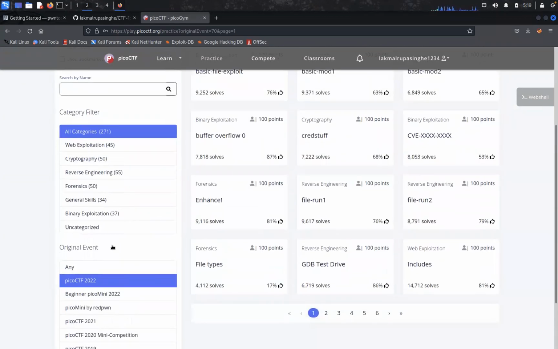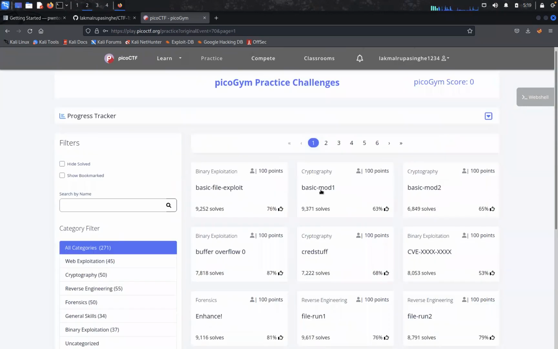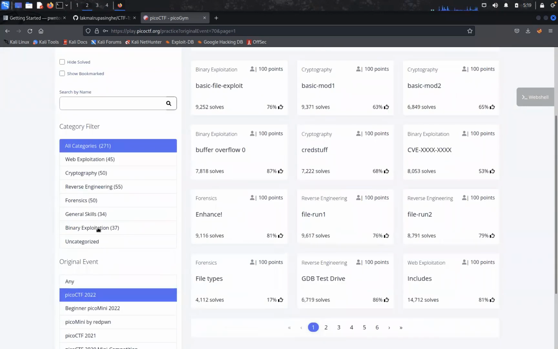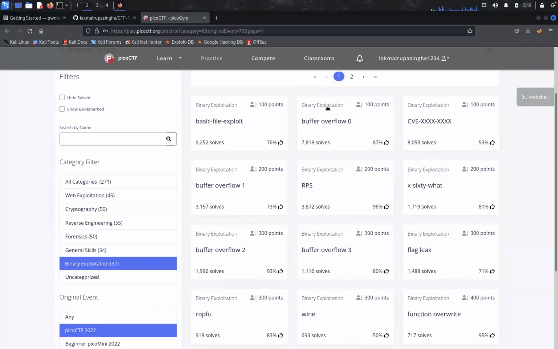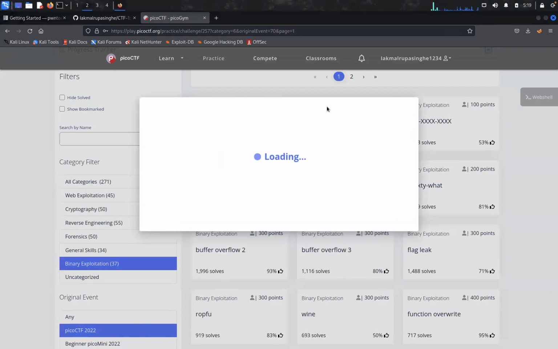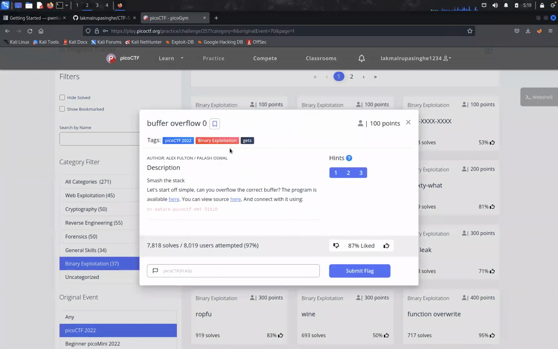So then what I'm going to do is I can select one from the list, or I can go directly on binary exploitation. So binary exploitation is the one that we are going to start with. Later on, we can move to the rest. And we go to the simplest one, which is there, which is called